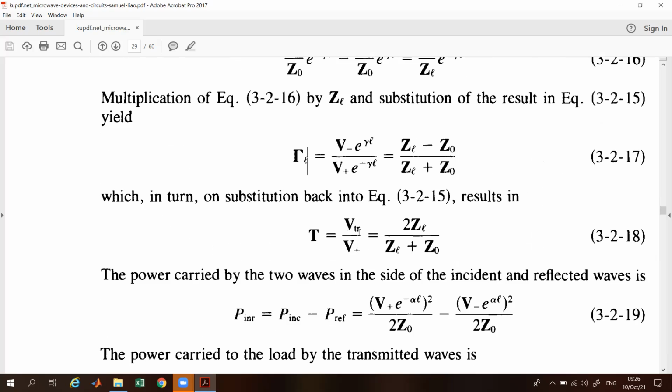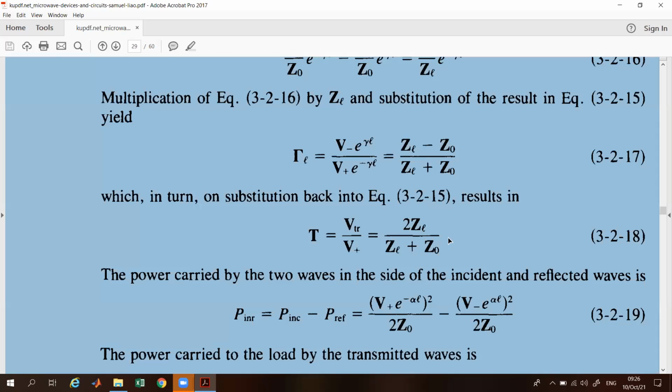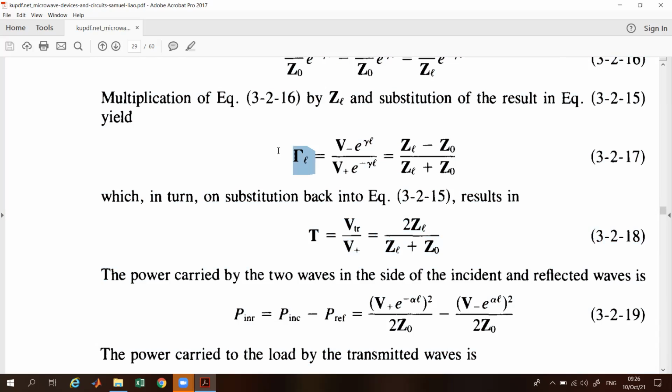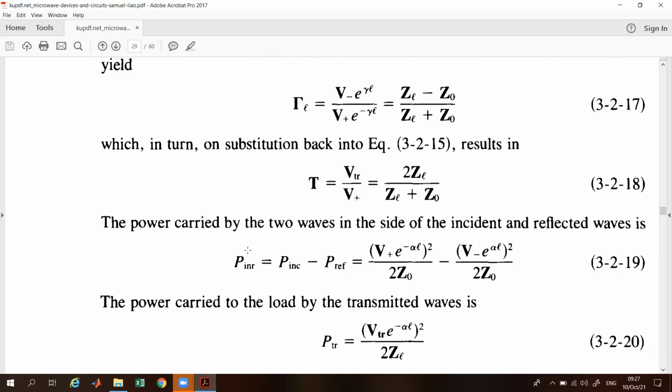then T will be equal to V transmitted divided by V plus. So you have to remember this equation: gamma L will be equal to ZL minus Z0 divided by ZL plus Z0, and T will be equal to twice ZL divided by ZL plus Z0. Again, the power